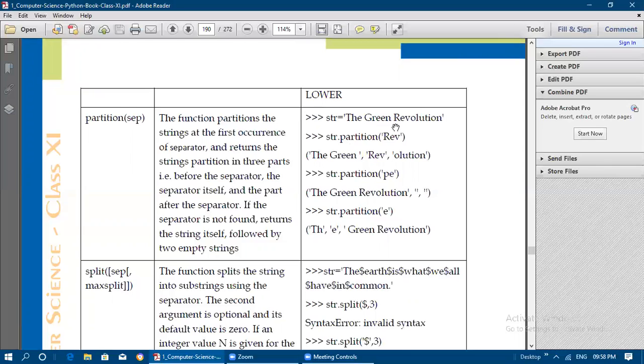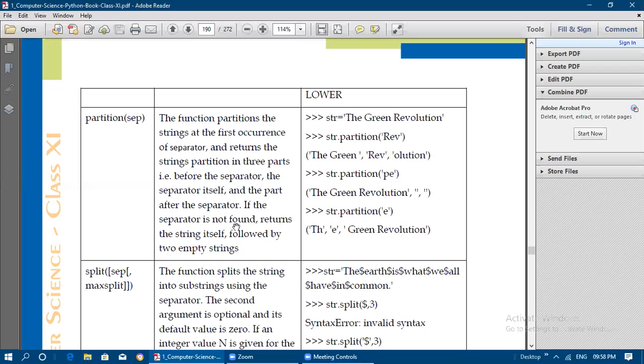Rev will be the second string, the separator itself. And after the separator, the sequence of characters available is olution, which will be treated as another string. So totally 3 parts we get as output when using this partition function: before the separator, the separator itself, and after the separator.